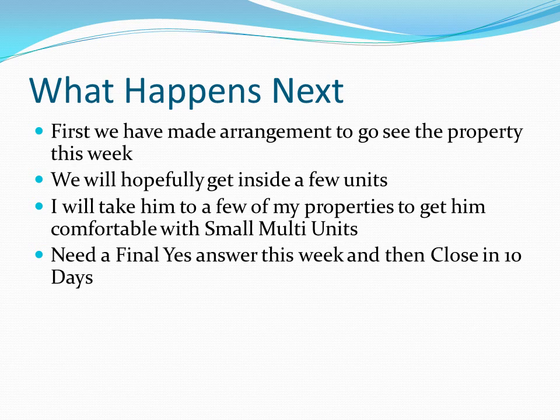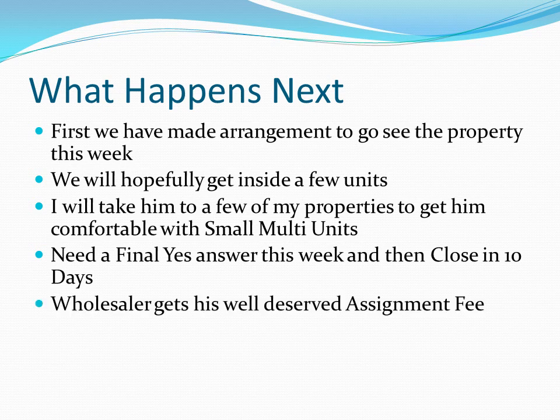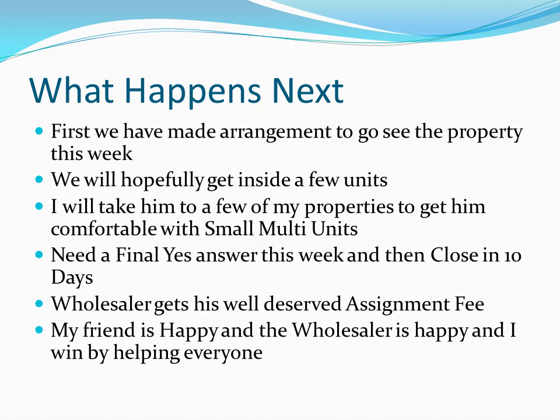We're going to get a final yes answer, and then my friend again has to close this week. And then the wholesaler is going to be happy. He's going to get his well-deserved assignment fee, and I'm going to keep that reputation and hopefully get the next deal that he finds. So my friend will be happy, the wholesaler will be happy, and I win because I've